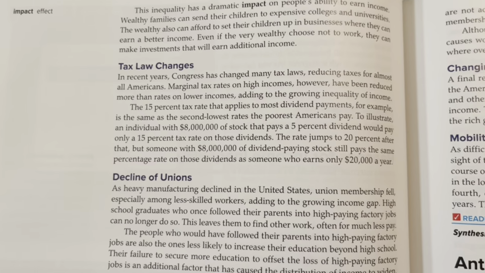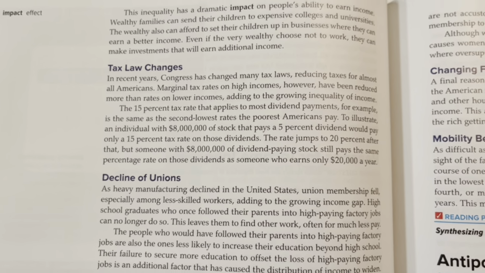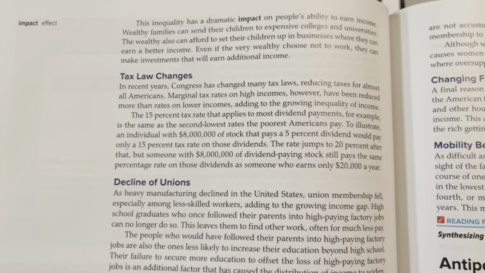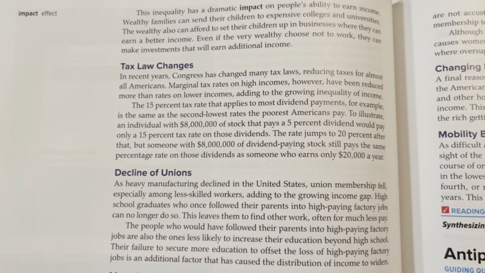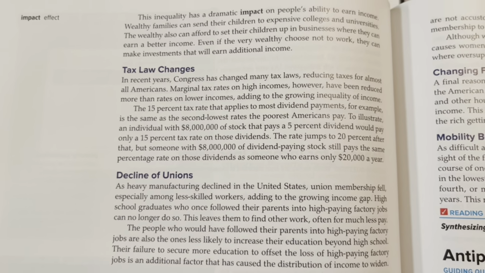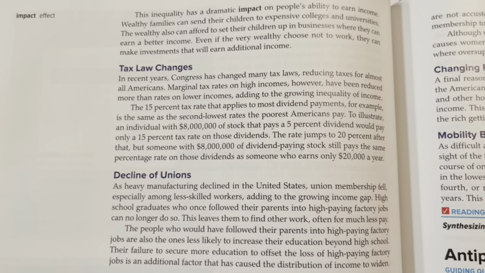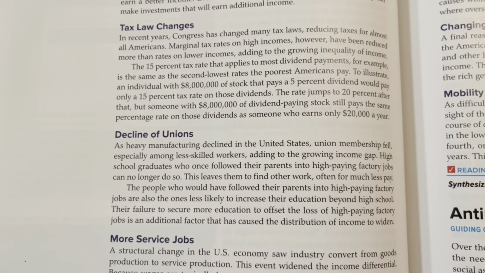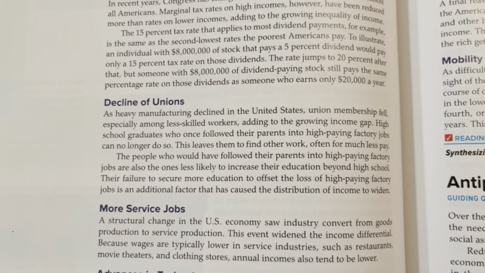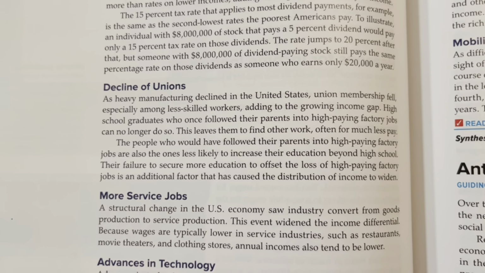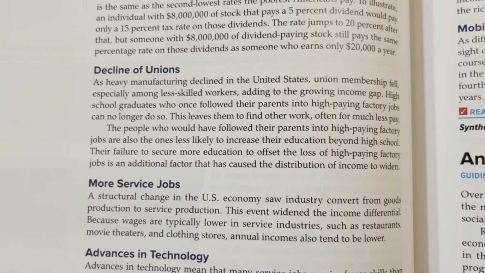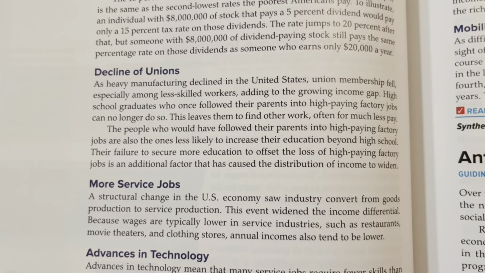The textbook actually goes through and talks about some of the factors that can affect the wealth distribution. Tax law changes. Tax laws can tax the rich more heavily or less heavily. Taxes can be used, such as the earned income tax credit we'll talk about in a little bit, to help people in lower incomes. So there's that as a factor. The decline of unions. Unions used to be a major force in leveling the playing field between workers and owners. But with the decline of unions, the workers' power has dramatically been reduced. So income has been hurt for them.